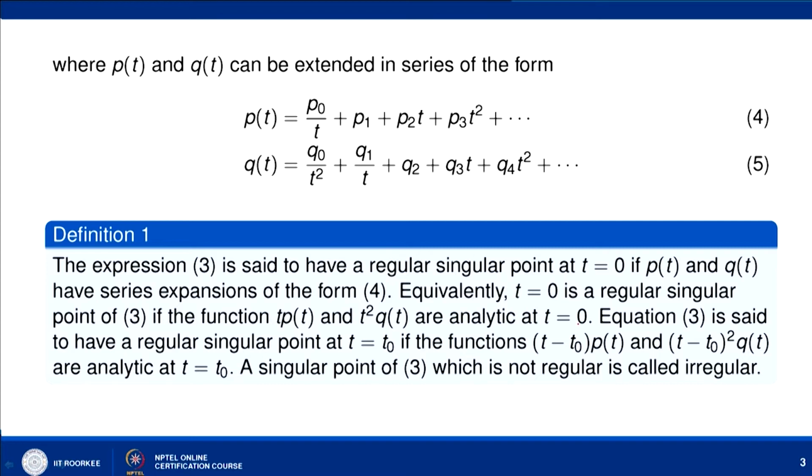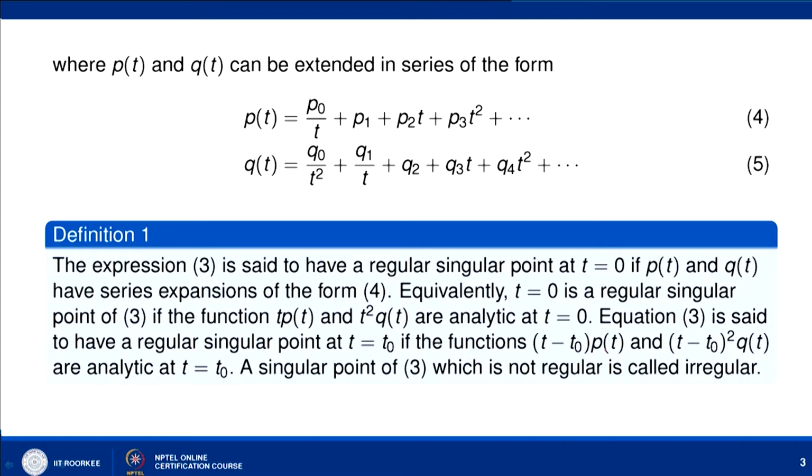So, both have equivalent meaning. So, equation 3 is said to have a regular singular point at t equal to t naught. This is what we have defined as a regular singular point at t equal to 0. Now, if we have a non-zero singular point, then the functions (t minus t naught) p(t) and (t minus t naught) squared q(t) must be analytic at t equal to t naught,